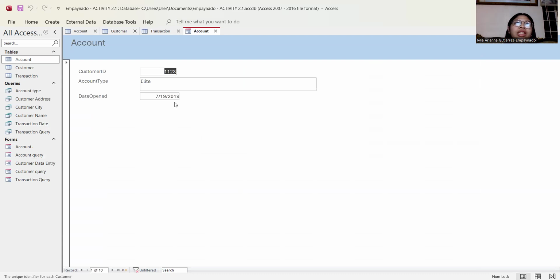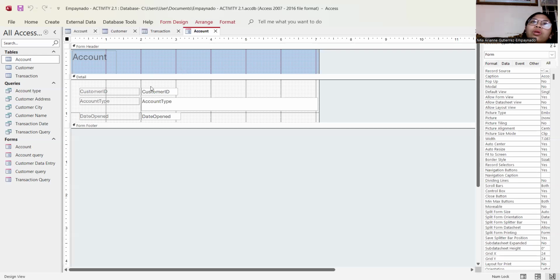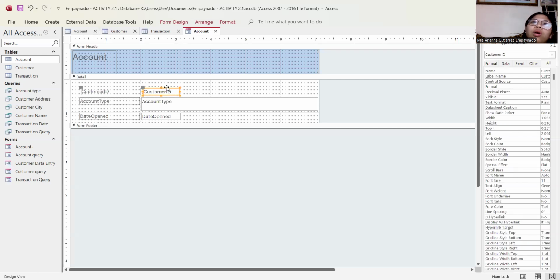From here you'll see the customer ID, the account type, and the date opened. You can change the view. Since you'll be doing forms, you can alter your forms here and make them different each time.